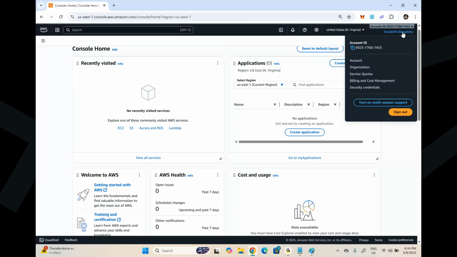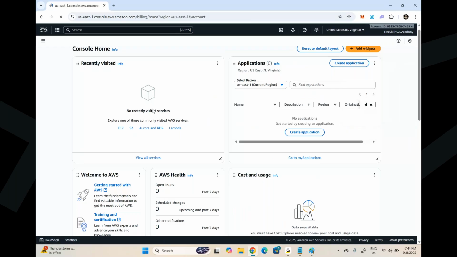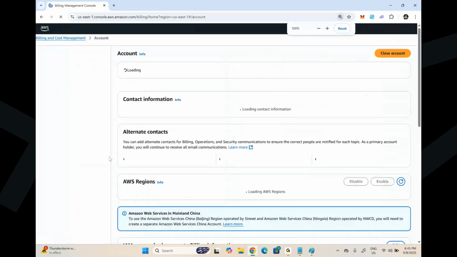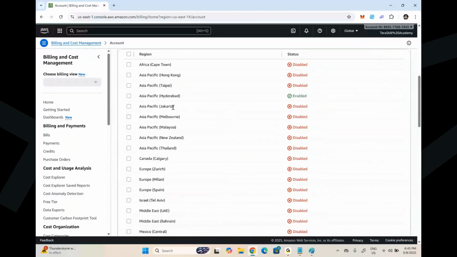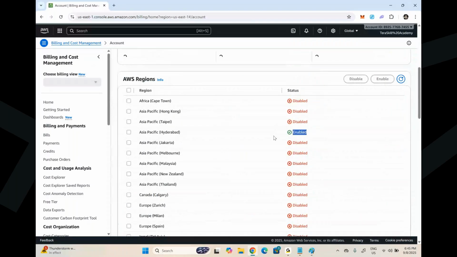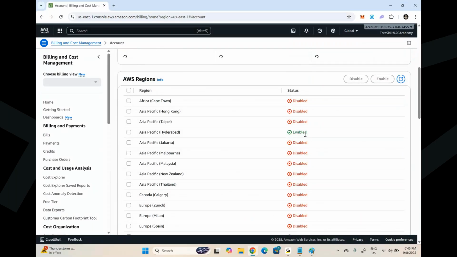And if I click on account, you can see the information about the AWS account, including the account ID we have seen. And if you remember, in the last session, we enabled the Hyderabad region, right? See here, by default, that is in a disabled state. And once we click on enable, it will take 10 to 15 minutes, and that region will be available for you to create all your resources. Okay. Now, the first thing we have to do is